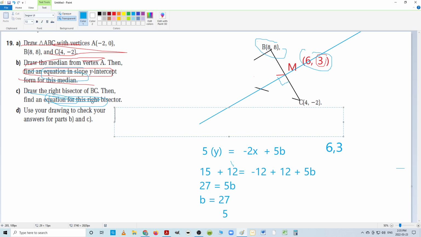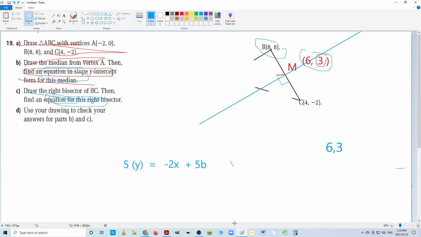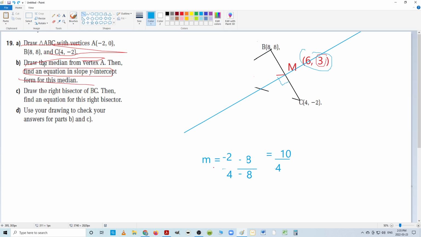And then I want to go back and replace my b in my formula like this. I have to use the original with the fraction, and actually you could use either because they didn't ask for a specific one, but it would be like that. Notice they both had a 5, and if I wanted to get rid of that, I could just multiply by 5. But let's go back and do that again, but this time, instead of multiplying through with 5,